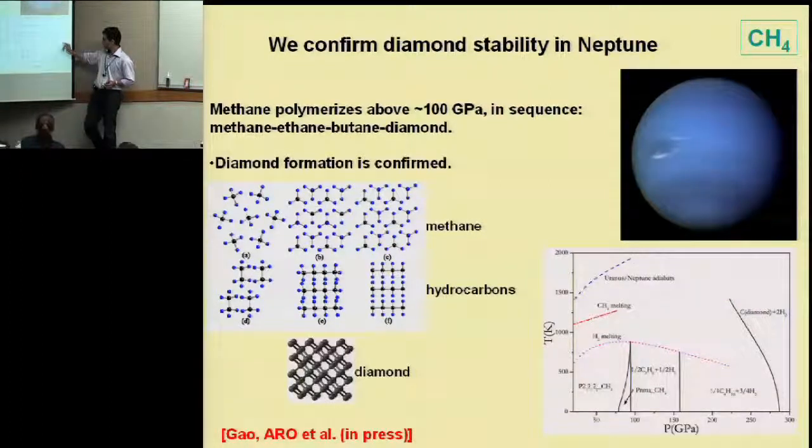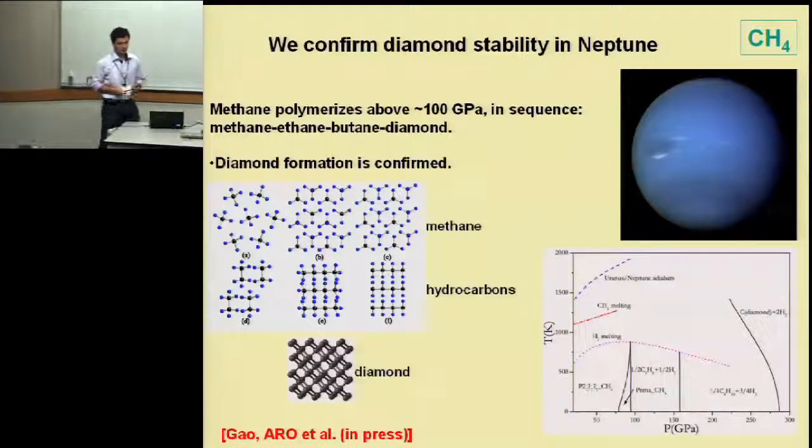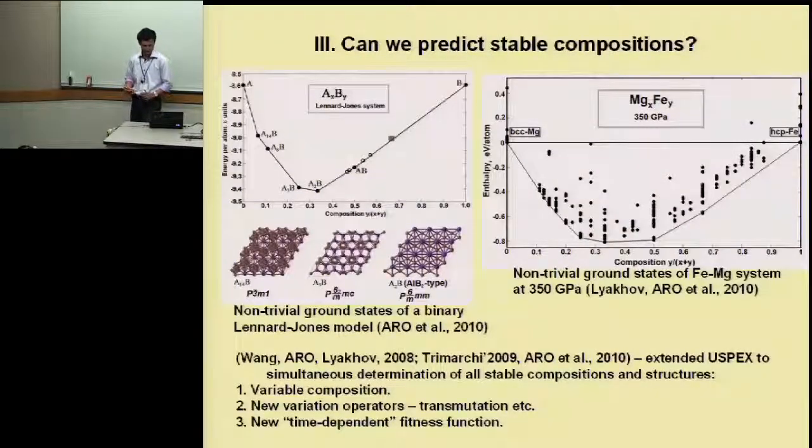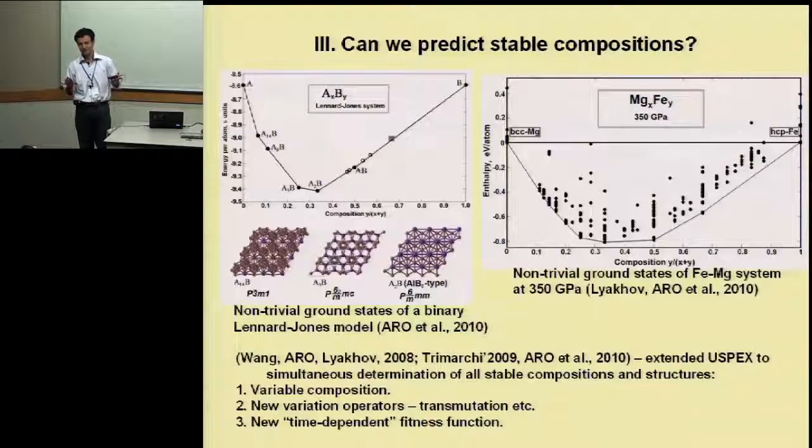What is peculiar here is that diamond is only formed because of quantum zero-point vibrations. If you disregard the effect of quantum zero-point vibrations, you will not have diamond stable on the zero temperature isotherm. So there is quite a lot of interest in physics. We have further extended our method to deal with, so I mentioned to you nanoparticles, I mentioned to you surfaces, this is another aspect, variable compositions. So here we no longer specify the chemical formula. We just specify the names of atoms, for instance, magnesium, silicon, oxygen. And then this thing has to figure out